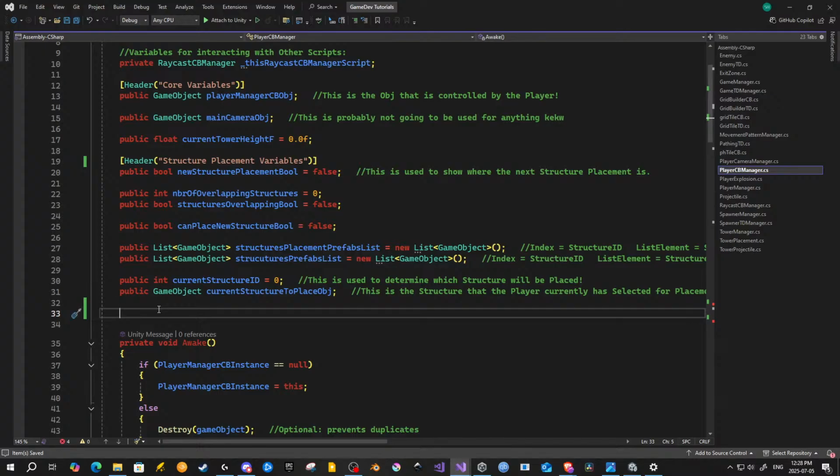Here it's going to be public list of type integer, public list. Okay, hold on. So here we're gonna have, let me just see. Okay, we're gonna call it